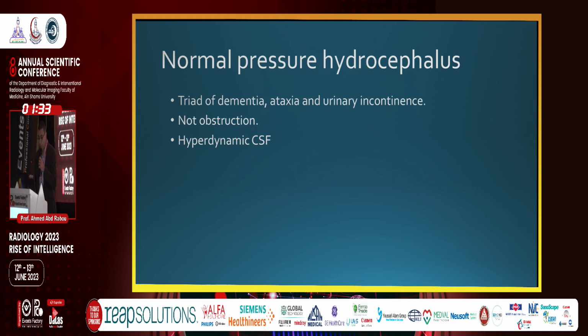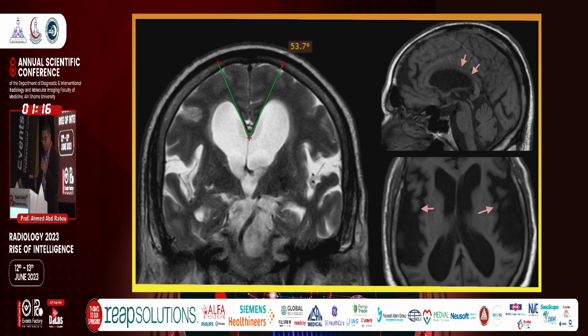The third category is normal pressure hydrocephalus, which is a triad of dementia, ataxia, and urinary incontinence. Not typically in all cases. There is no obstruction here, but there is a hyperdynamic circulation of CSF, and this hyperdynamic circulation causes ventricular dilatation. And this is a conventional imaging of